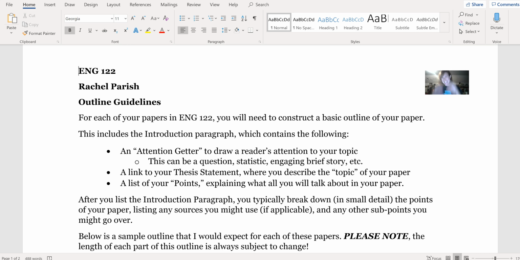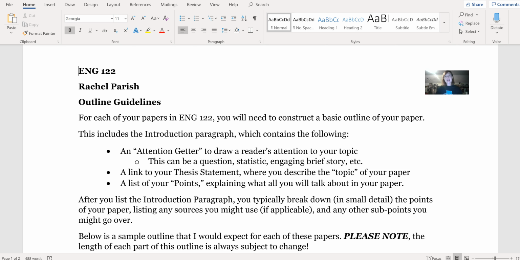Don't do that. That's not a good strategy. It will not end well. And so you have that 2 a.m. moment of, oh, I've got to write this paper. I guess I'll sit down and do it. Some people work well under stress, but for the papers that we do in this class, that is not the strategy to go about it, especially when we get to our last paper.